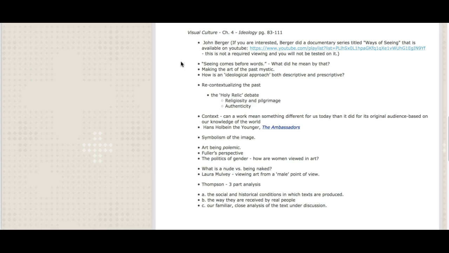When you come across that word, you may want to look up what it means. I'm not going to give it away for you. It talks about Fuller's perspective, another theorist. A lot of the authors do a good job in this chapter of presenting one side to you, which is John Berger's, and then giving you some other ideas of theorists that don't necessarily agree with Berger and what he had to say.